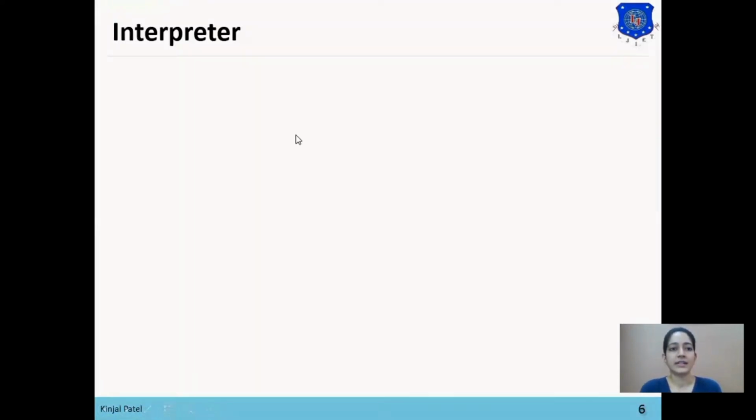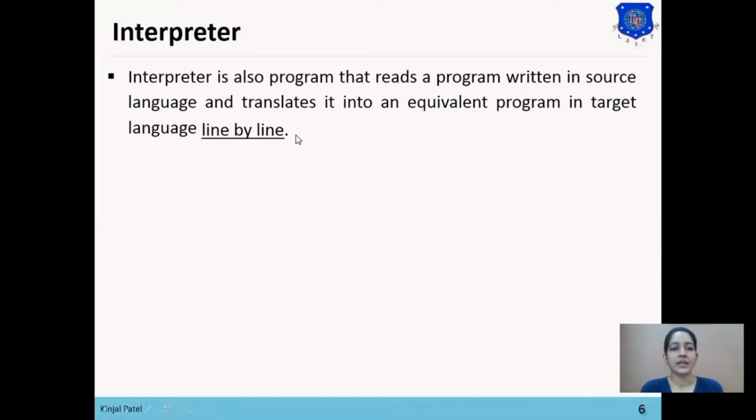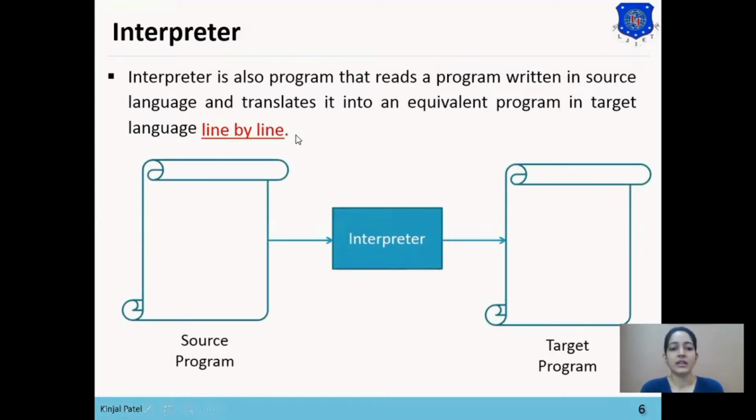Next translator is interpreter. Interpreter does the same process as compiler does, but interpreter converts the higher level language into machine language line by line. So here you can see the first line of C code, which is void main. Interpreter scans the one line and converts it into machine language and generates the error messages if there are any.